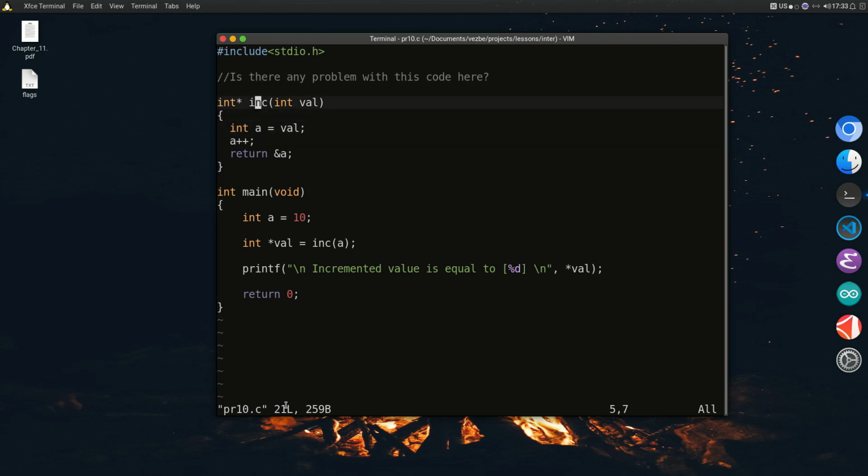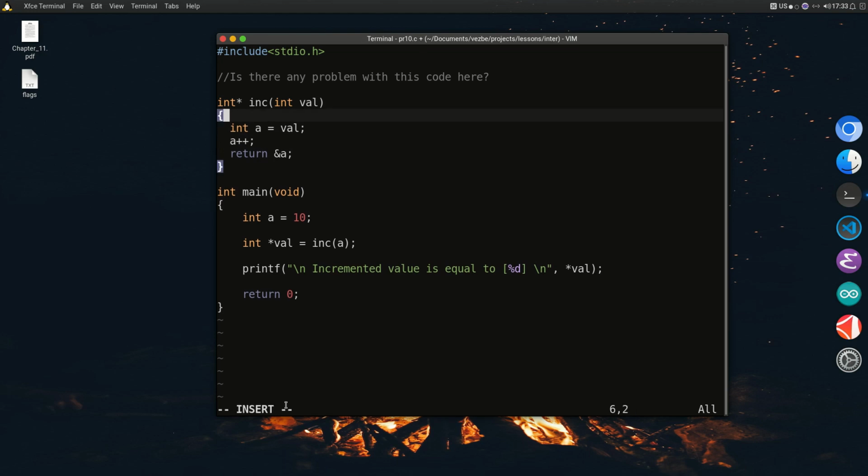When we are done with that increment function, that stack frame will be deleted, and we will lose our variable a, but we are returning the address of a, so you cannot do that. What you can do here